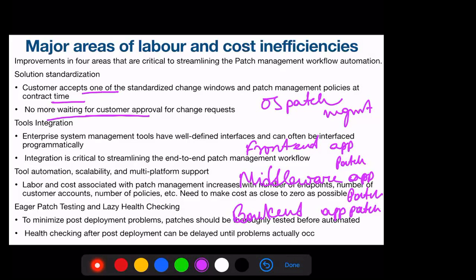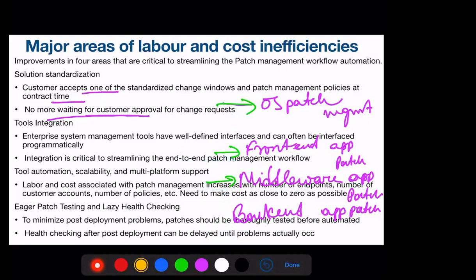Now, during the tool integration, if I do only the OS patch management, it should not affect your front-end, middleware, backend. When you are doing the front-end patch management, it should not affect your middleware, backend, and OS. Whenever you are doing a middleware patch management, it should not affect the backend, OS, front-end. Or if you are doing the backend patch management, it should not affect the others. So when will that happen? If the compatibility of OS with front-end, middleware and backend are all the same, in that case it is not going to affect that much.